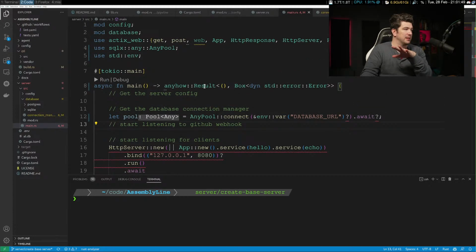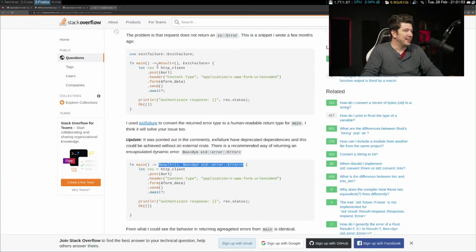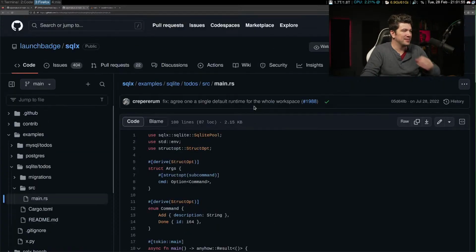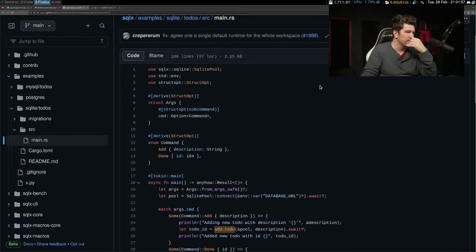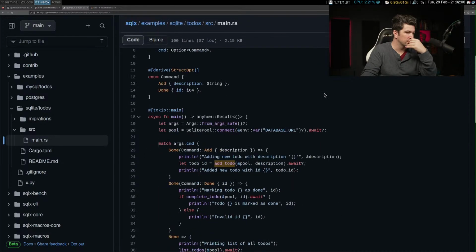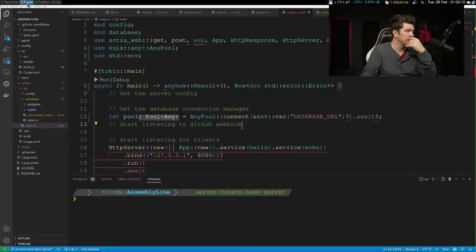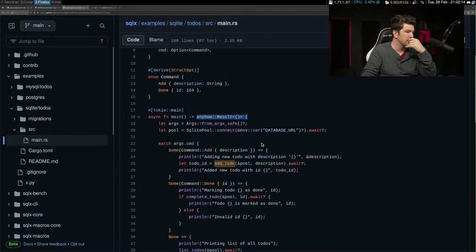I am missing something. I am missing something. I thought you could just do this and then roll with it, like they're doing.